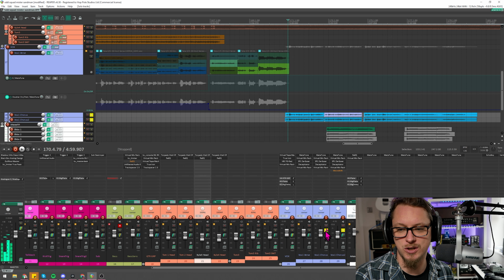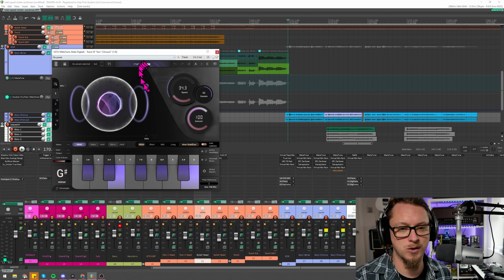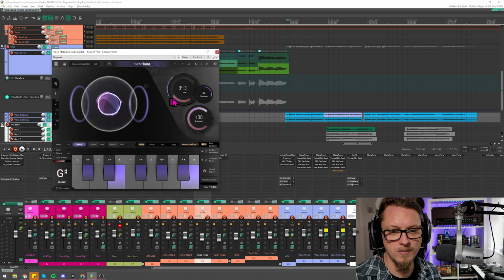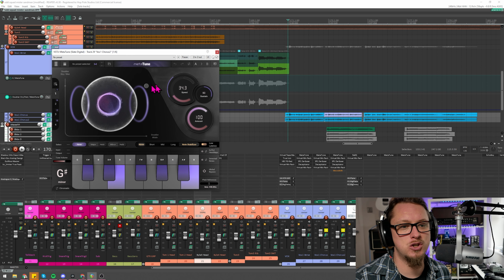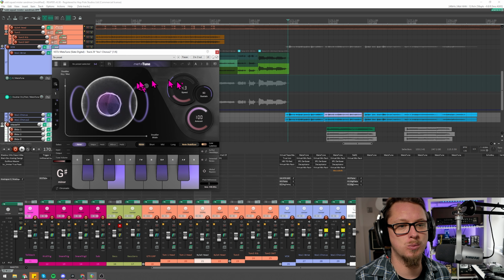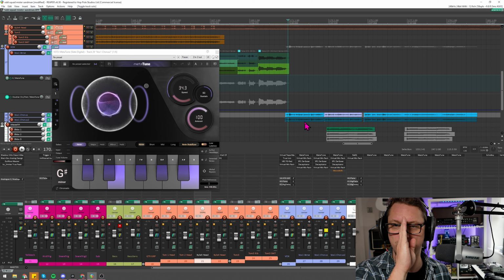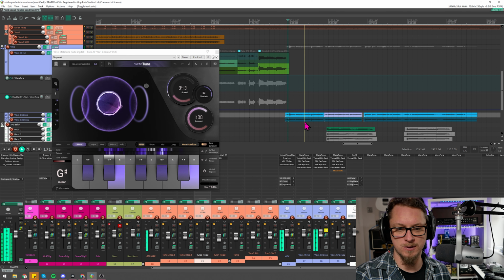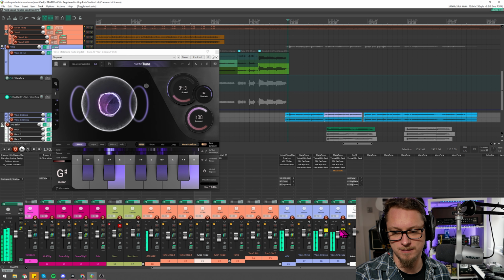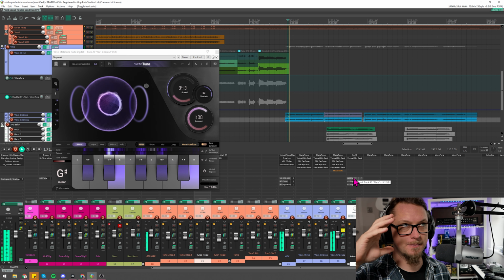And the reason that this sounds huge is that I have a second vocal behind on the chorus. And that has the doubler kind of on crazy, ultra wide, loads of it. So while the main chorus one is right down the middle,